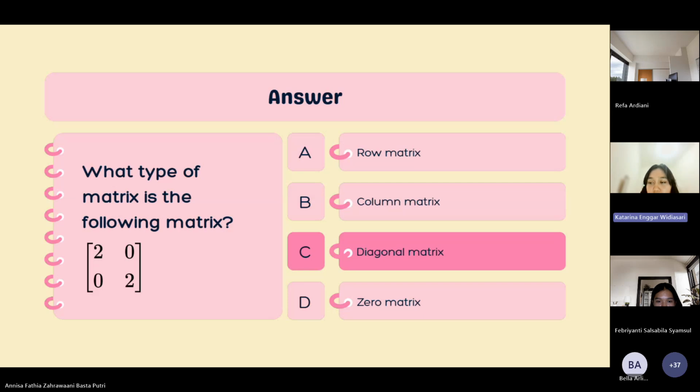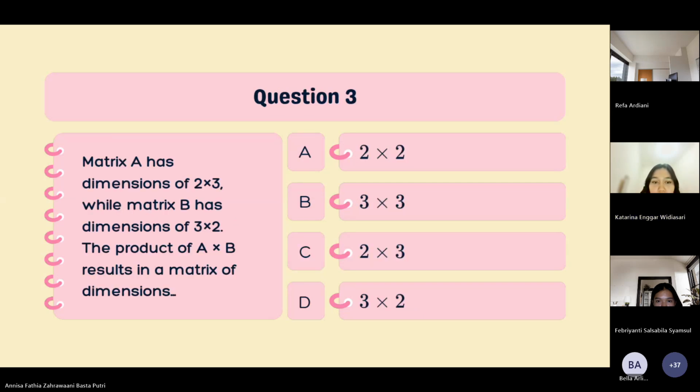The next question. Question 3: matrix A has dimensions of 2 by 3, while matrix B has dimensions of 3 by 2. The product of A by B results in a matrix of dimensions... Okay, please, listen. The answer is